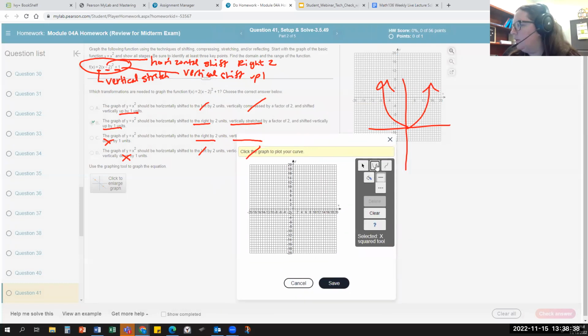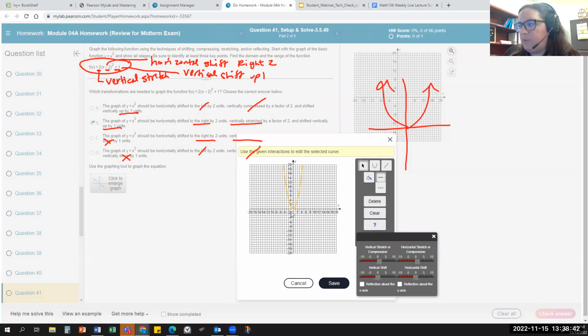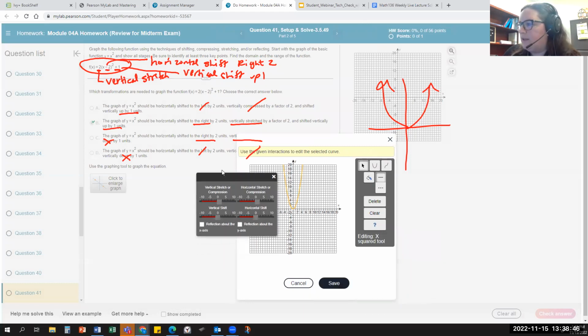it looks like we have the transformation tool. It just says click the graph, so I can click literally anywhere on the graph. It'll give me that initial x squared graph. And I need to put the vertical stretch, so that's going to be 2 there. And you see that stretching vertically. You're not ever going to be doing a horizontal stretch or compression. There weren't any reflections, but there is a vertical shift up 1 and a horizontal shift right 2.